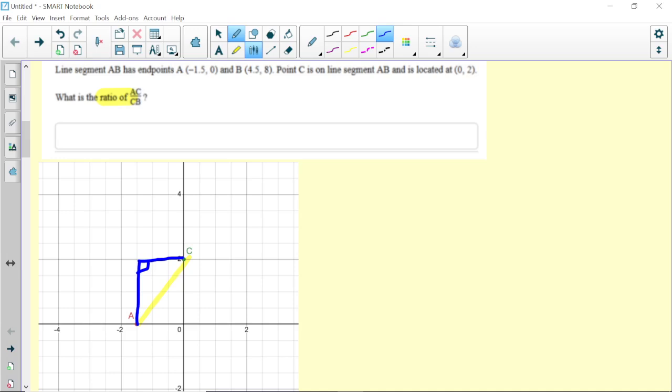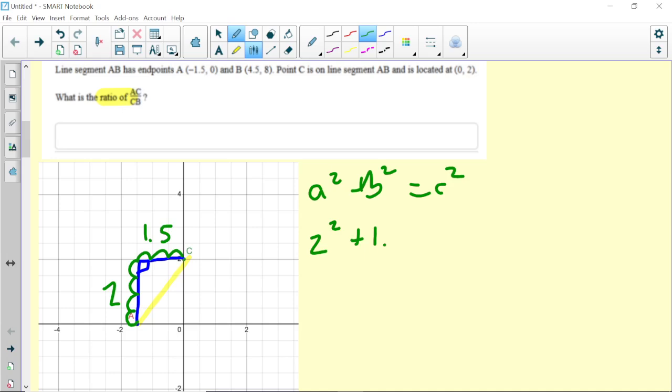So again, I'm being careful. Each box looks like it's counting by 0.5. So going up, we're going up 0.5, 1, 1.5, 2. Across, we're going 0.5, 1, 1.5. So my a squared plus b squared equals c squared is 2 squared plus 1.5 squared equals c squared. So 2 squared is 4 plus 1.5 squared is, just checking in the calculator, 2.25